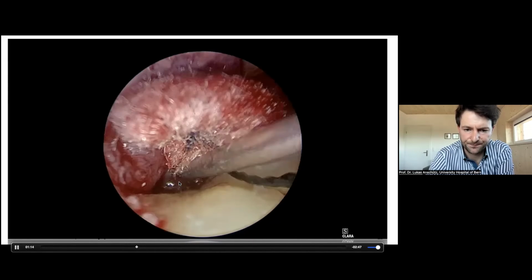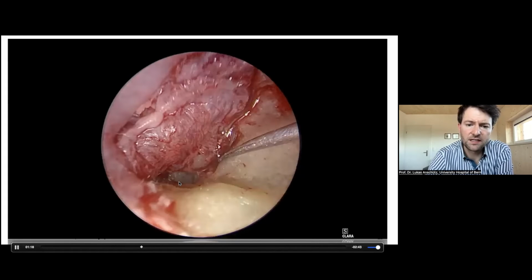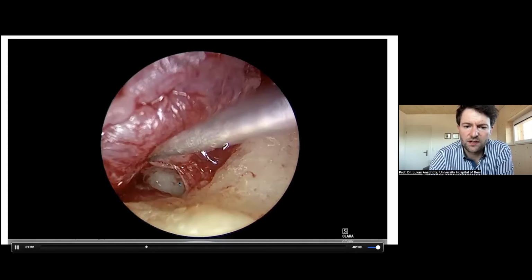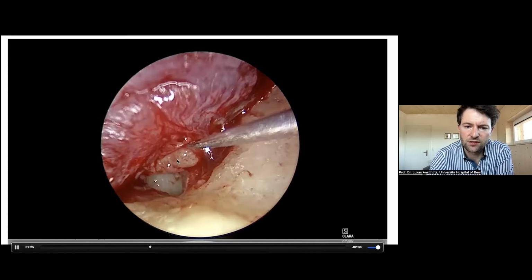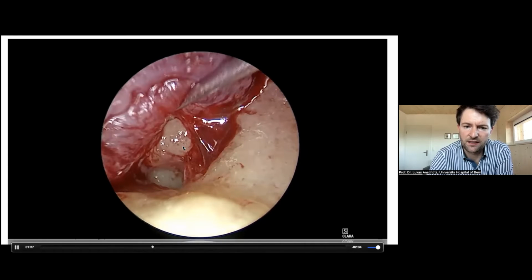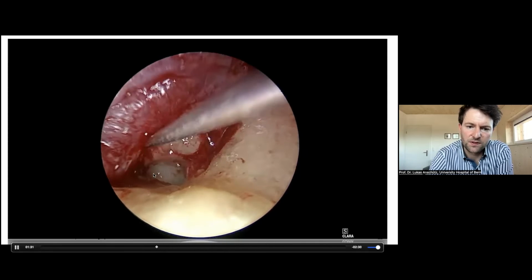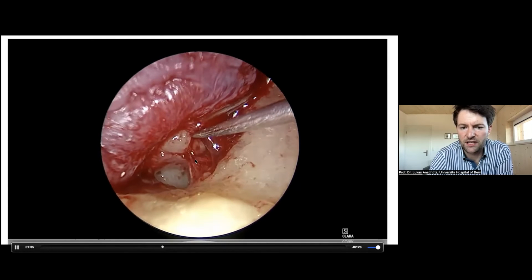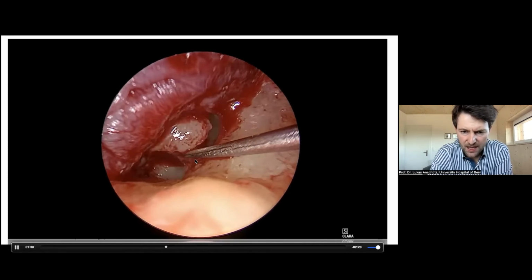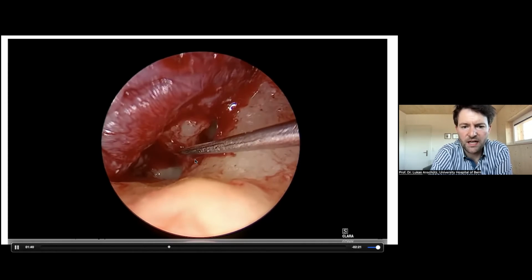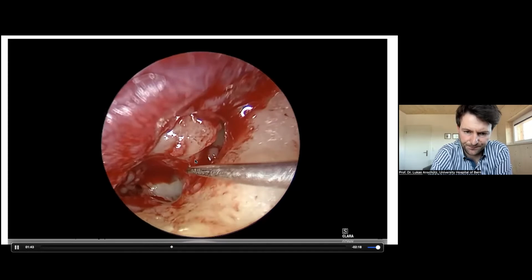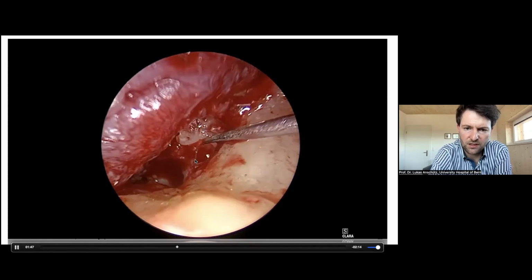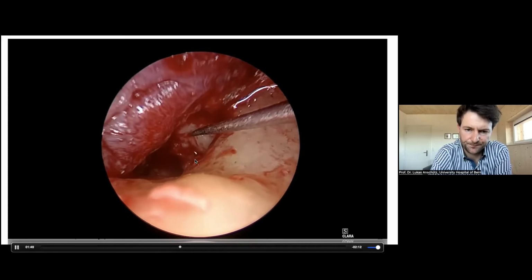Everything is inflamed. But you can see even this kind of case you can manage in a good way with the endoscope. You can see here this is the incus, the refined incus, which was put back again. And with the pick here, I can dissect the scar tissue away. Here we can already have a glimpse at the stapes. And so we can now mobilize these prostheses to be able to remove it. You can see now it fell down.